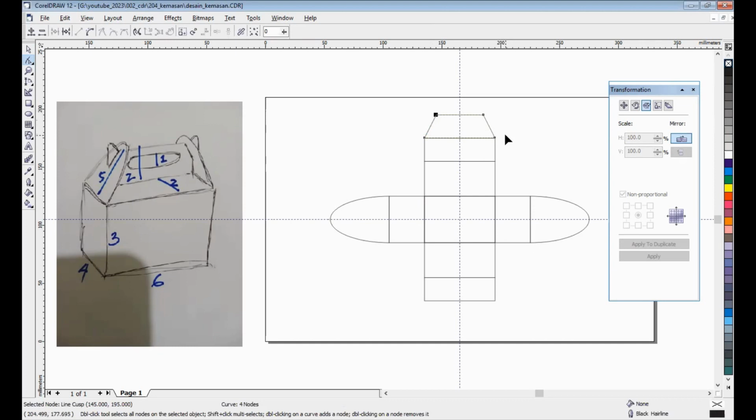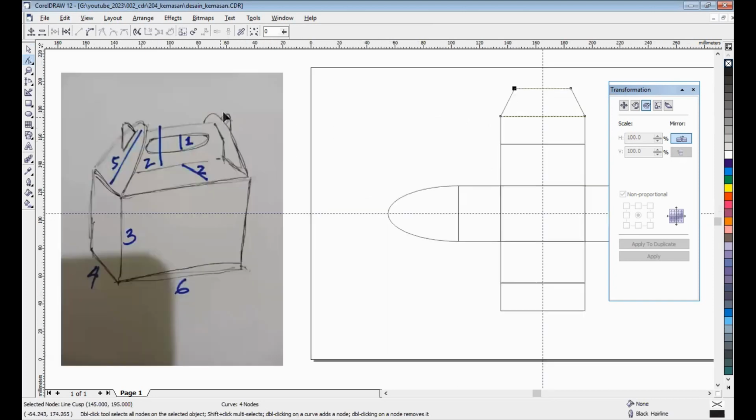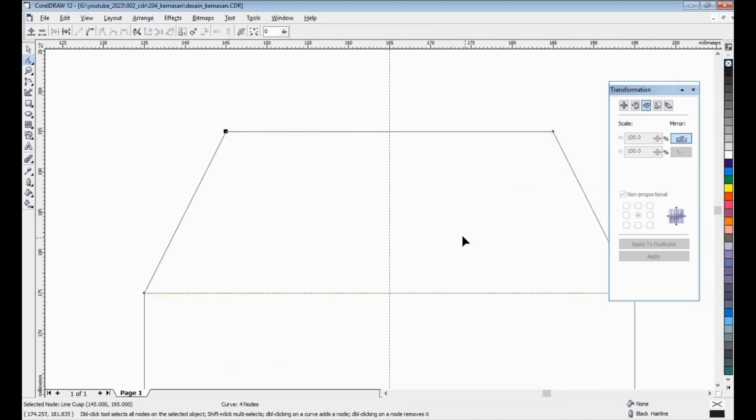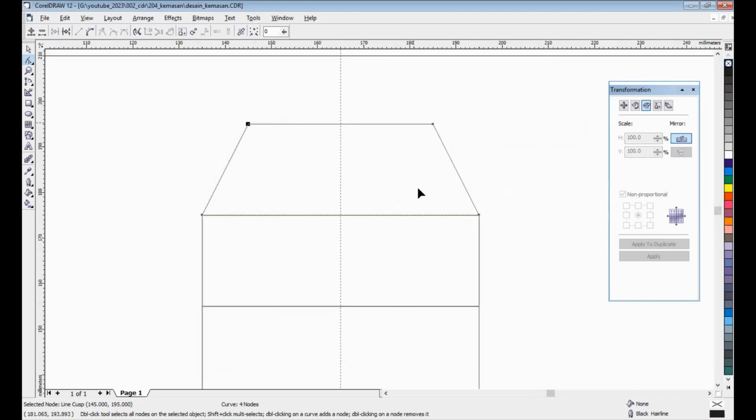Now I want to create this illustration. Now we know the height of this space is maybe 2. Okay, I will check.